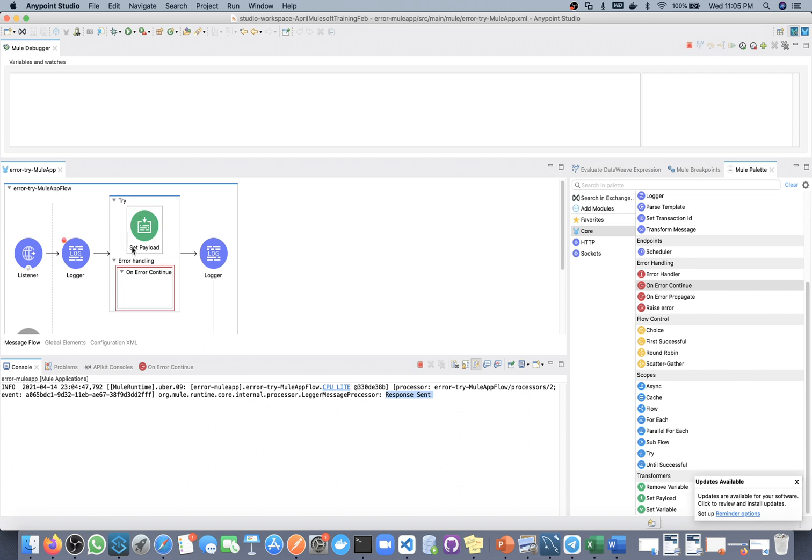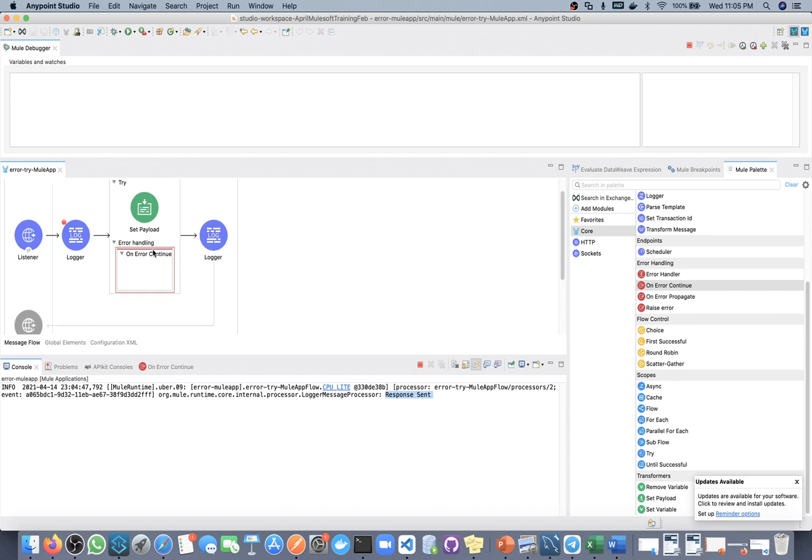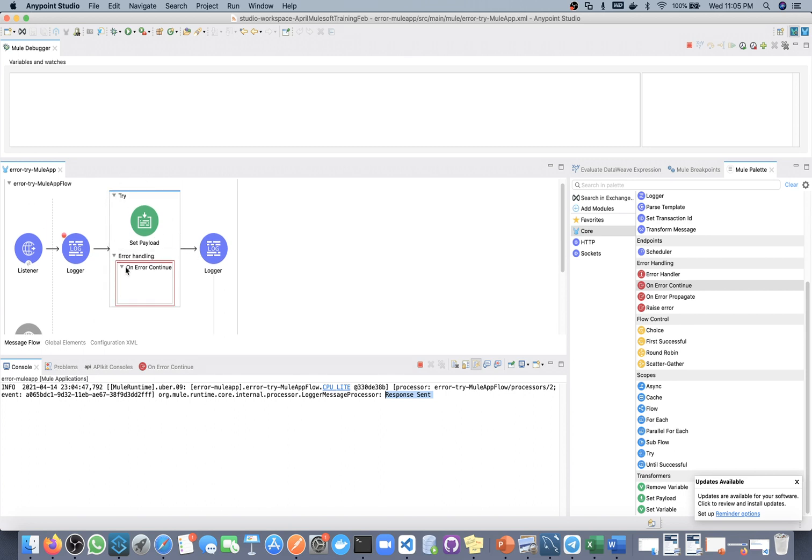In that case, this try block will call this error handling. But we are using on error continue, so overall this try block will be a success, so it will go to the next. Okay, so this advantage you will get with the try block. Even if you know there is some component which can throw an error, but still you want to continue your process, in that case you will use the try block.